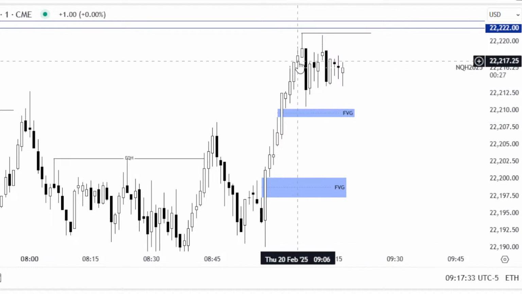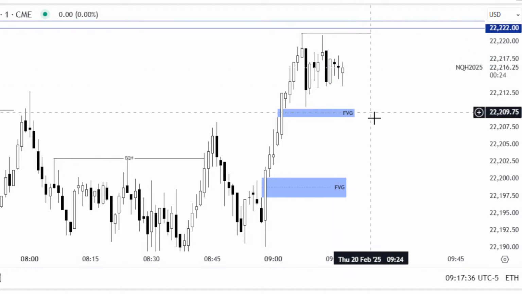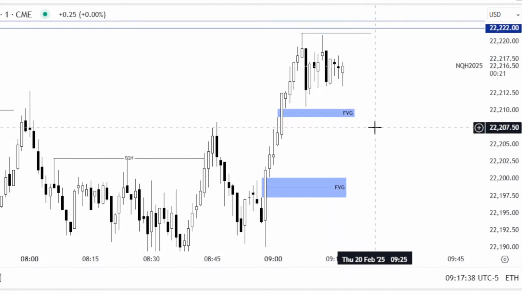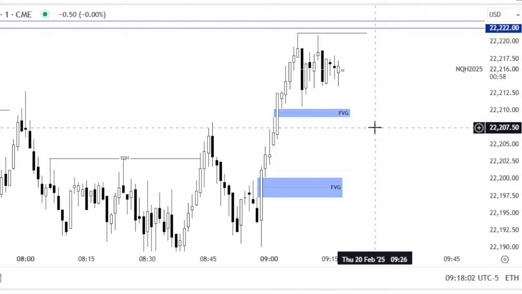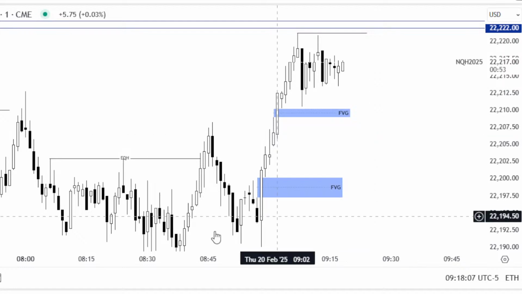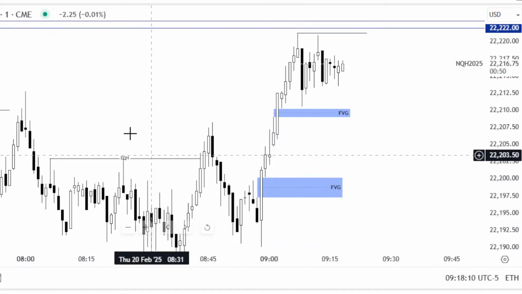I don't see why we should go up now, but there is liquidity up there, though in my mind I think we should go down first. But the market obviously has its own way, and it doesn't have to go down first. It could go up first and then down, or never come down. But I just feel this move up here is more like a manipulation.